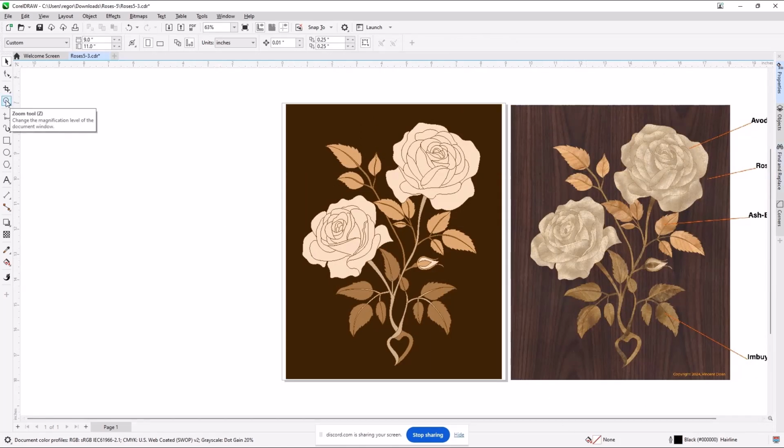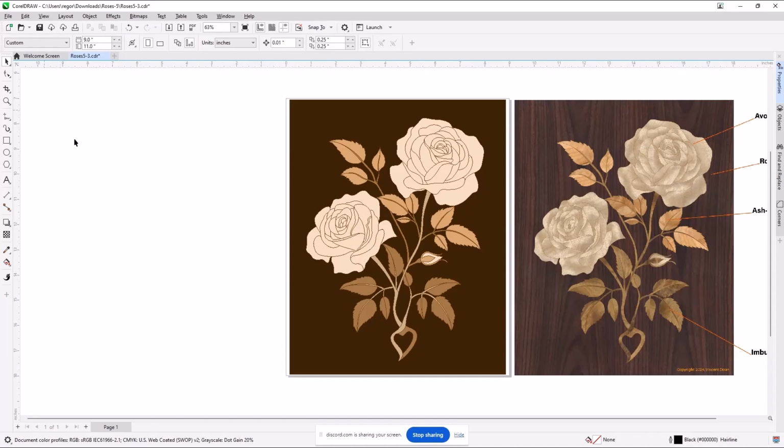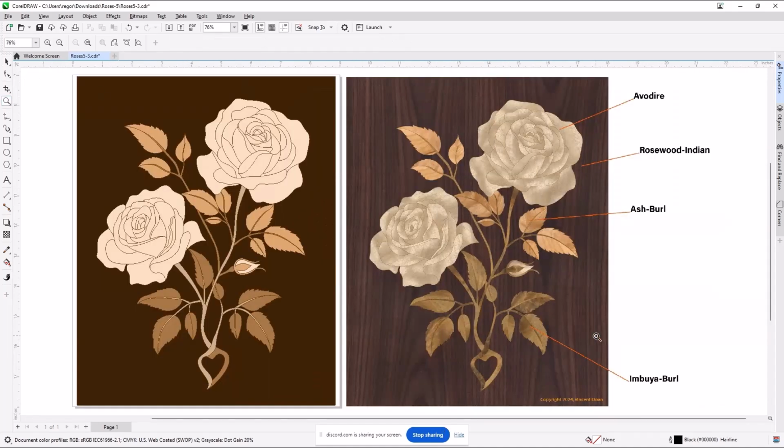This is the zoom tool. If I have my mouse hooked up right, I can zoom by rolling the mouse wheel. Or if I've got things bollixed, I can just double click on that one and it'll center it to fit the page and I can see everything correctly. So that's just so you are aware of your environment here.